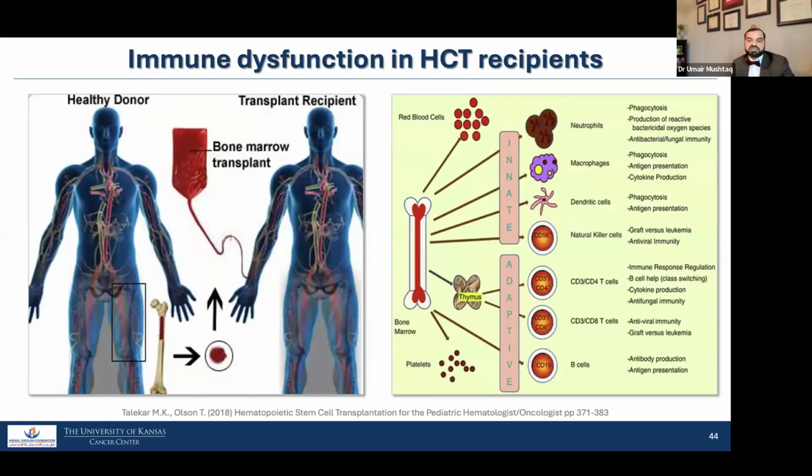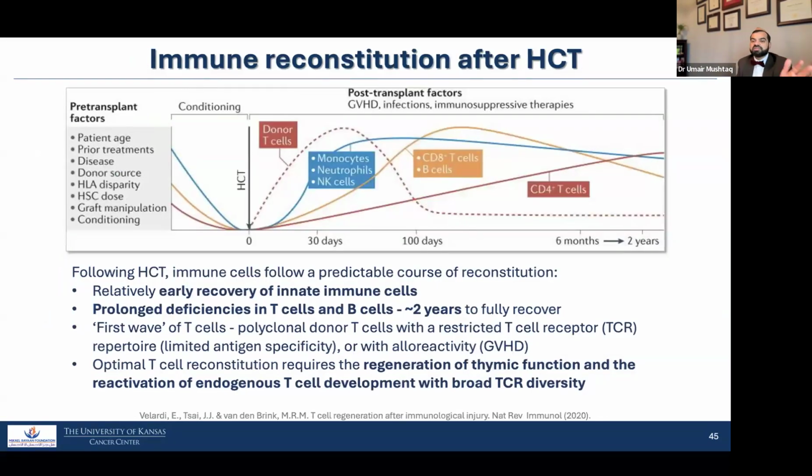Immune dysfunction in transplant affects all subsets of the immune system, not just the number of, for example, neutrophils. So there is a profound immune dysfunction that takes up to 2 years to recover. The first generation of T cells that come on are very alloreactive and are donor origin. The second generation of immune cells matures within the recipient. So the development happens within the thymic area of the recipient, and they are immune tolerant, they don't cause GVHD, and they have their full repertoire.